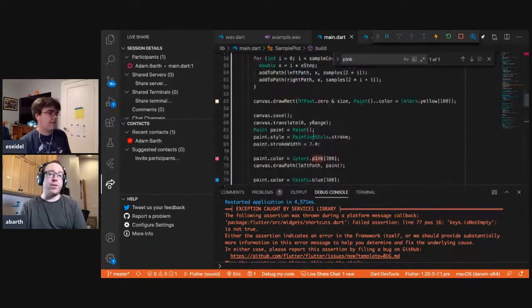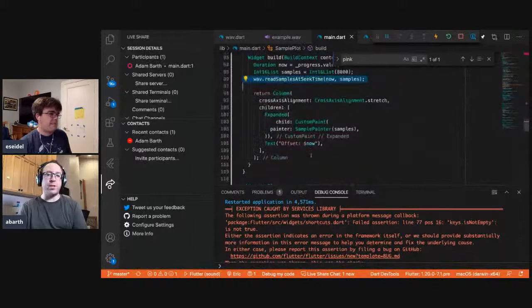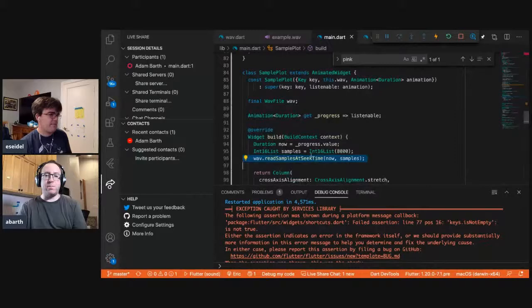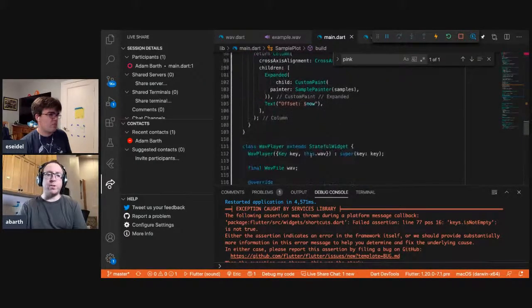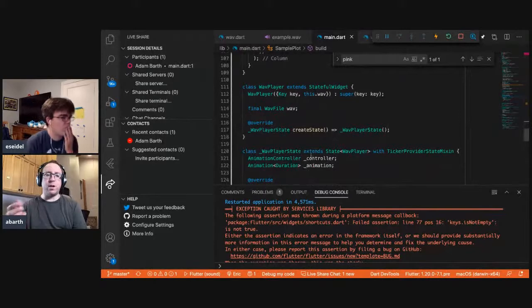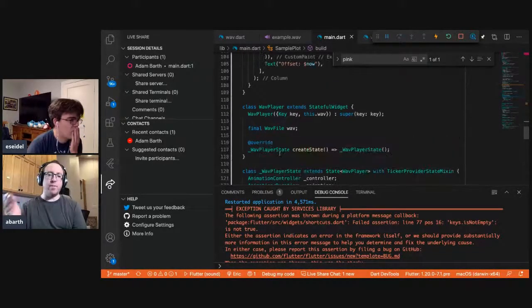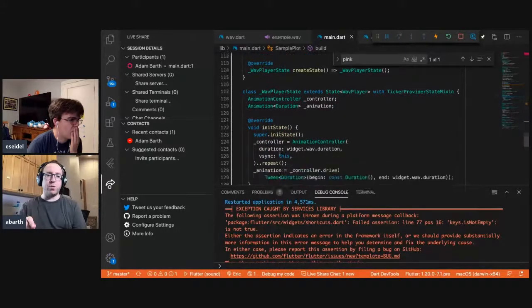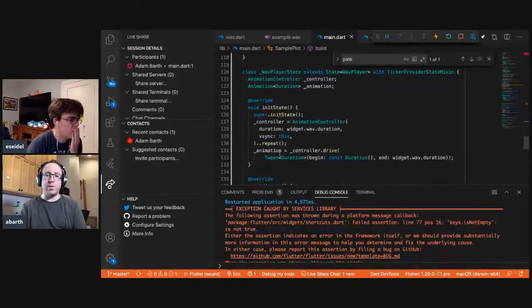So what I'd recommend is in the class where we have the controller for the animation, that's probably where we should put the scrubber. We probably like a slider widget or something. And then the slider widget, when you move it, should have like a callback on it that says, hey, I've moved to a certain point. And then we can just set the controller to that value. And that will have the result we're looking for. Okay.